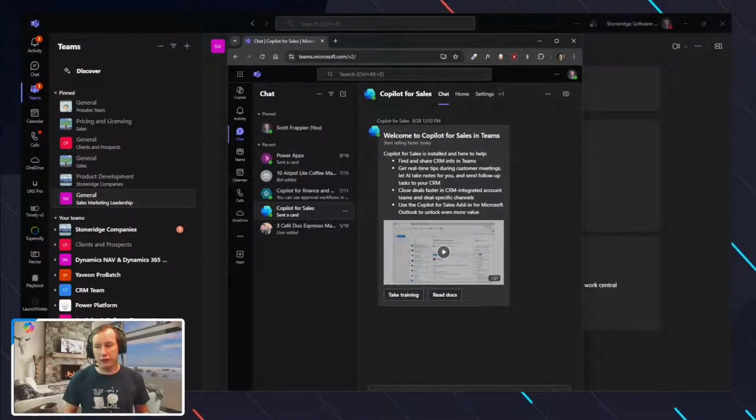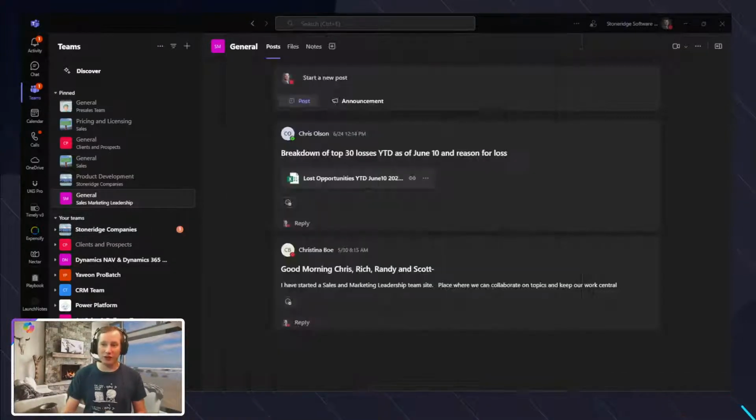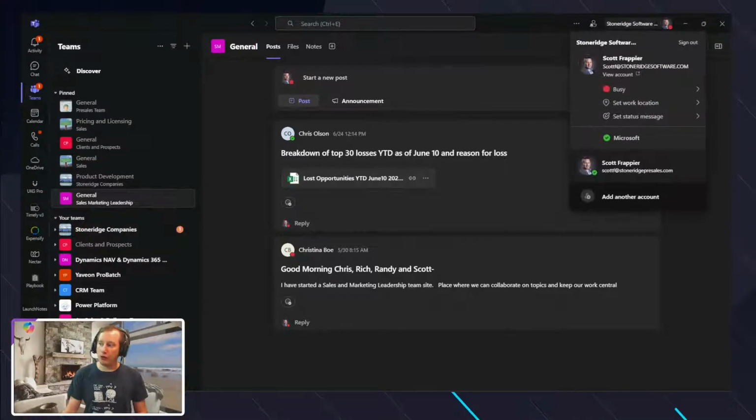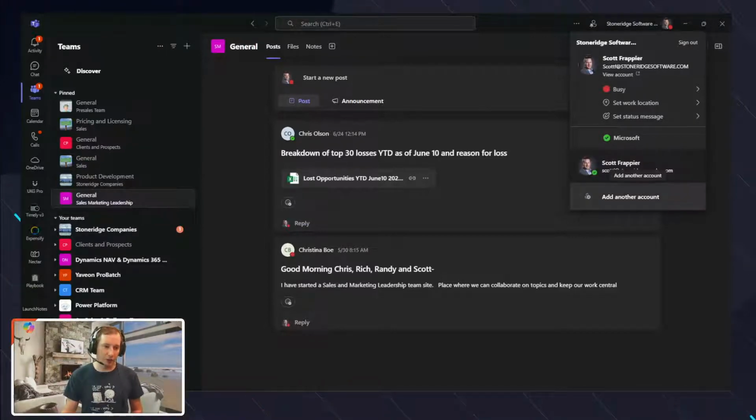So why is this convenient? If you think about it, if you've got multiple accounts that you want to manage, you can have one open in the browser, and one open obviously in the Teams app. But what you can also do in Teams, if I click on my top right up here, is flip over into, for example, different types of accounts that are set up inside of Teams.